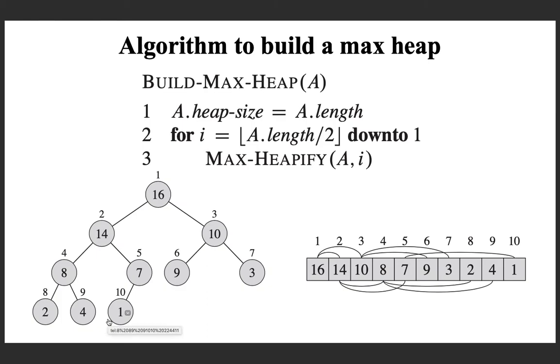And that is true. You can easily prove it using the principle of mathematical induction. So, beyond the index n by 2, here n is the number of elements, which is represented as array.length, divided by 2, in this case is 5, and beyond that all the indices store leaf nodes, and if it is a leaf node, then it is trivially satisfying the max heap property because it is not having left child or right child.